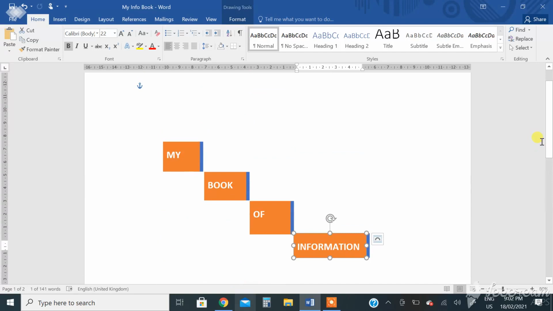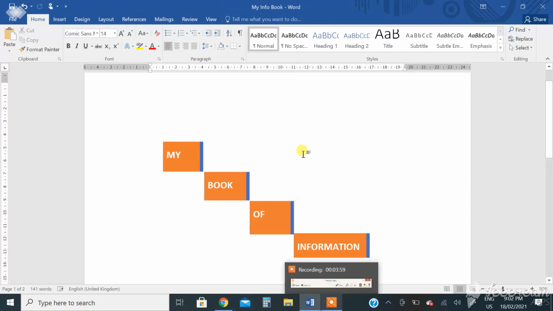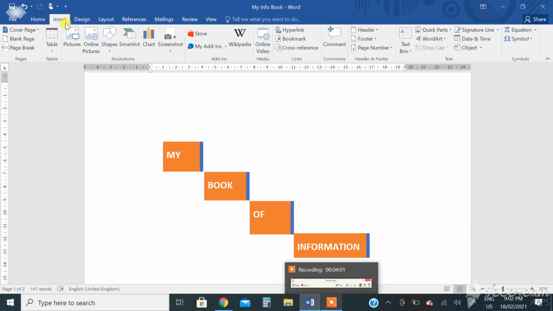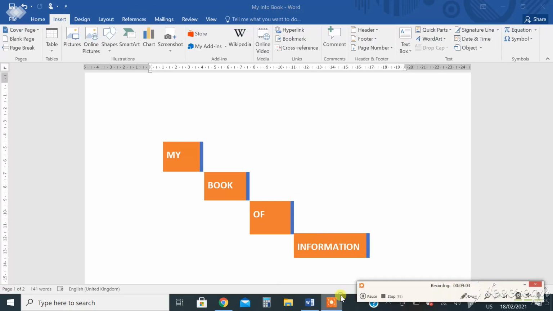Okay, next step is insert the pictures My Book and Book of Info from your computer to the page, resize and rearrange the pictures as shown. Now we have to take the pictures. We will go to Insert tab and choose Pictures.